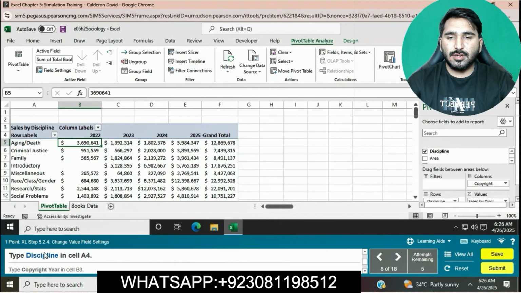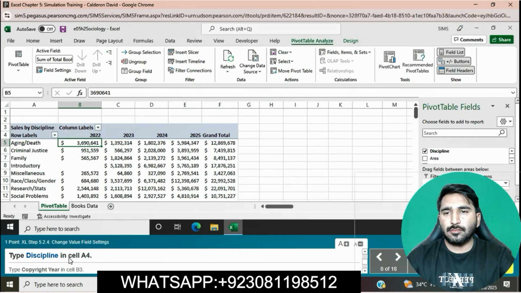Click on OK. Type Discipline in cell A4. Simply click on cell A4 and then we will type Discipline.